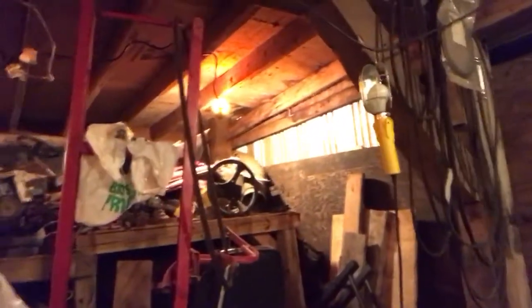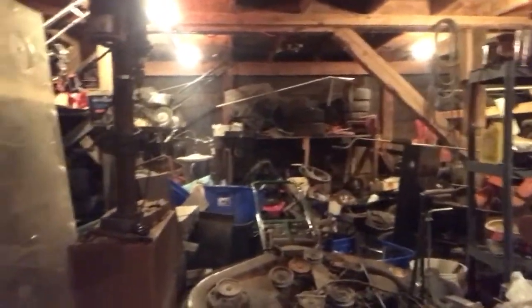I got trouble lights here now that I can plug in and hang up, shining outside if I have to. Here's my tractor. I mowed a little bit of grass today until it was too dark, but yep, here's the mess. My objective tonight, hopefully I don't run out of steam, is to